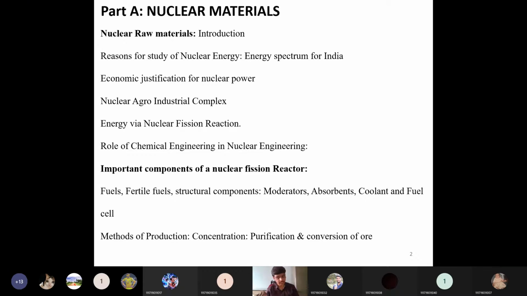So that will be concentrated first, then purified and then converted into some useful form like a fission form. We'll be discussing these topics in detail. These topics are in your part A, which is nuclear materials. Then the next one will be part B, which is about explosives and propellants. We'll see that later. First, let's cover part A, which is nuclear